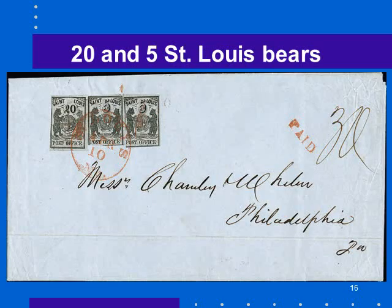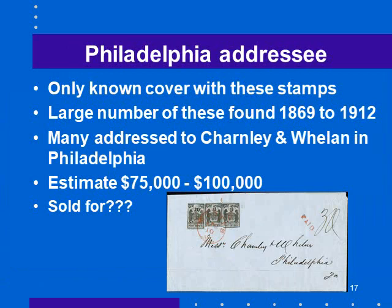Another combination of the St. Louis Bears, this time 120 and 2 5-cent bears, and again to Charlie and Whalen. And the story behind that is there were a large number of these covers found between 1869 and 1912, and many were addressed to Charlie and Whalen in Philadelphia. Now, this particular cover is the only known cover with this combination of stamps. So again, it's interesting. Estimate $75,000 to $100,000, sold for